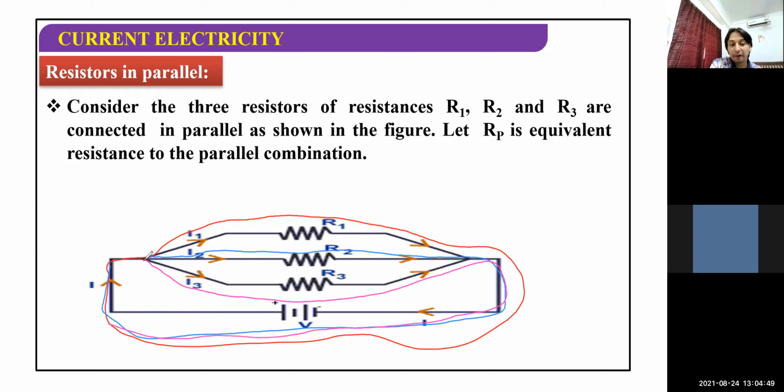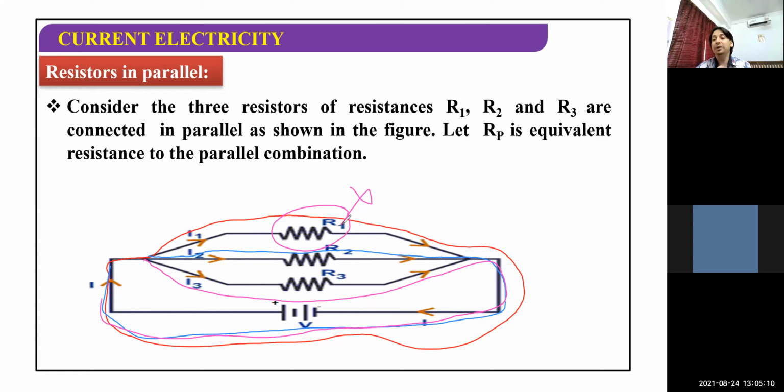The current can flow. So it means if the resistance R1 stops working, like the bulb gets fused, still the current I2 can pass through the second resistance, and the device connected across the resistance R2, the bulb, will still continue glowing. If a fan is there at R2, it will continue working. Similarly for R3 also.